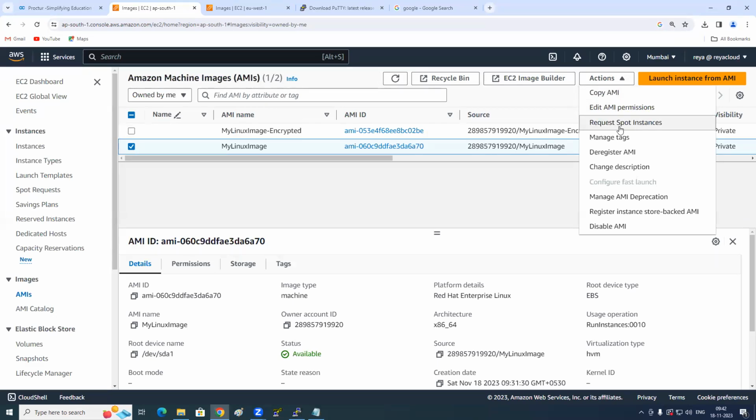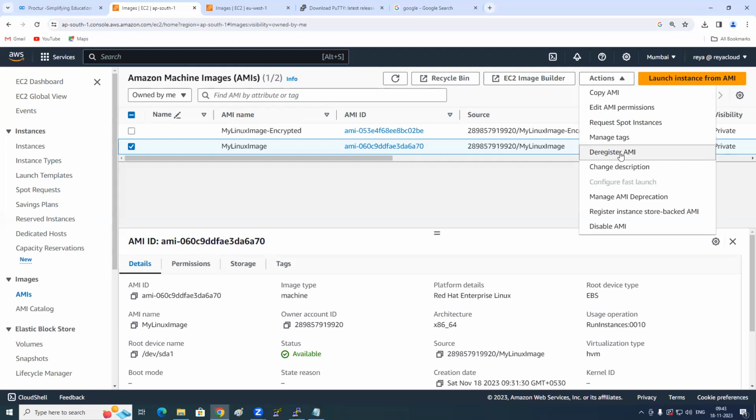So next, from this AMI, we can launch an EC2 instance. While launching the EC2 instance, it can be on demand also, it can be spot also. So did I show you how to spot the machine? While launching the EC2 instance, I click on customize and give the base price. So same thing, you can spot it. Spot meaning launching the EC2 instance with the spot model. Okay. Manage tags is fine. Deregister AMI meaning